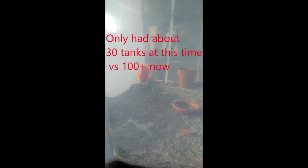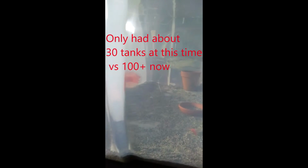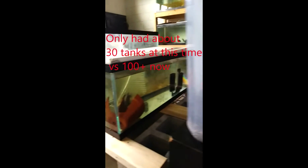Her tube is down, but she's petrified of him. He's not killing her, but he doesn't seem interested. Up a little bit in here. Yeah, let me see if I can show you guys her tube. Not the clearest view, but